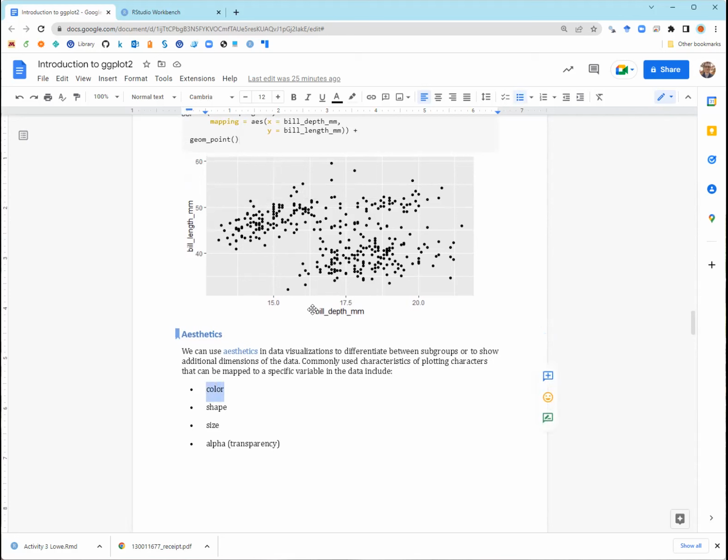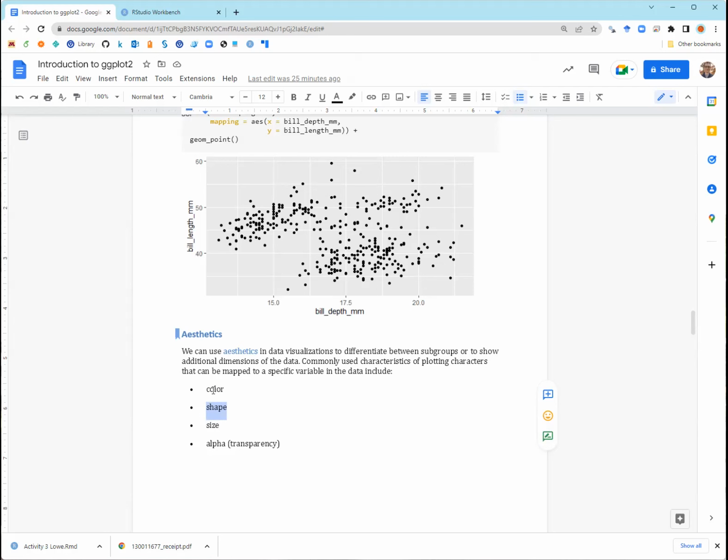We could use color to represent the island that the penguin came from. Color is sort of the first one that comes to mind, but we could also use the shape of the points here. So triangles could be for Gentoo penguins, maybe square points for Adelie penguins, and circles for chinstrap